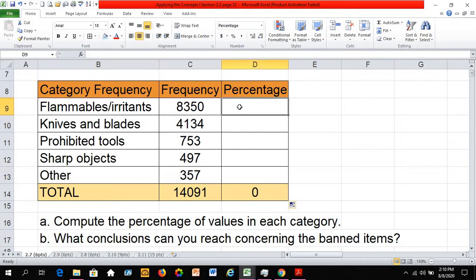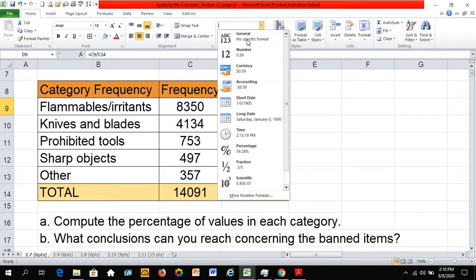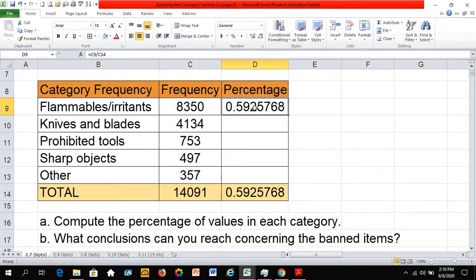You can also copy the formula so that it automatically computes the percentage under the different categories. To compute the percentage for the first category, just press the equal sign, then our numerator divided by our total. So that's C9, 8,350, divided by cell C14, that's 14,091. Press enter. Notice it's already in percent form, but sometimes this could be a decimal value,